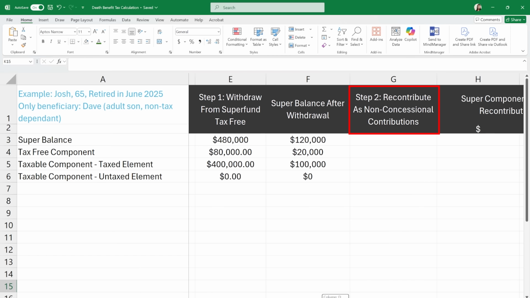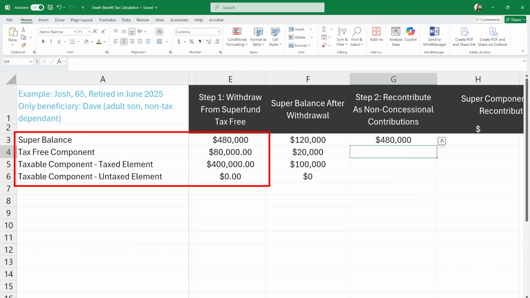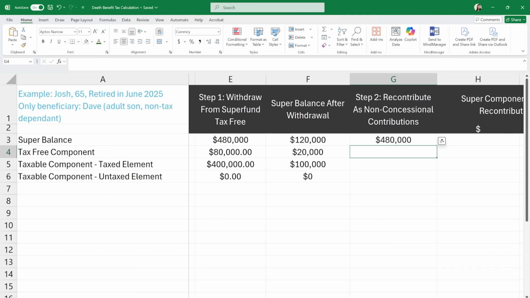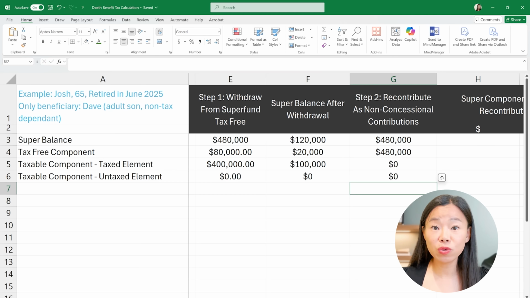Step 2. Recontribute the same amount as non-concessional contributions. Think of this step as washing the money clean. The amount Josh withdrew earlier was a mix of tax-free and taxable components, but by contributing it as non-concessional contributions, the entire amount becomes tax-free going forward. I'll show you how Josh was able to contribute the full $480,000 in a moment, but first let's take a